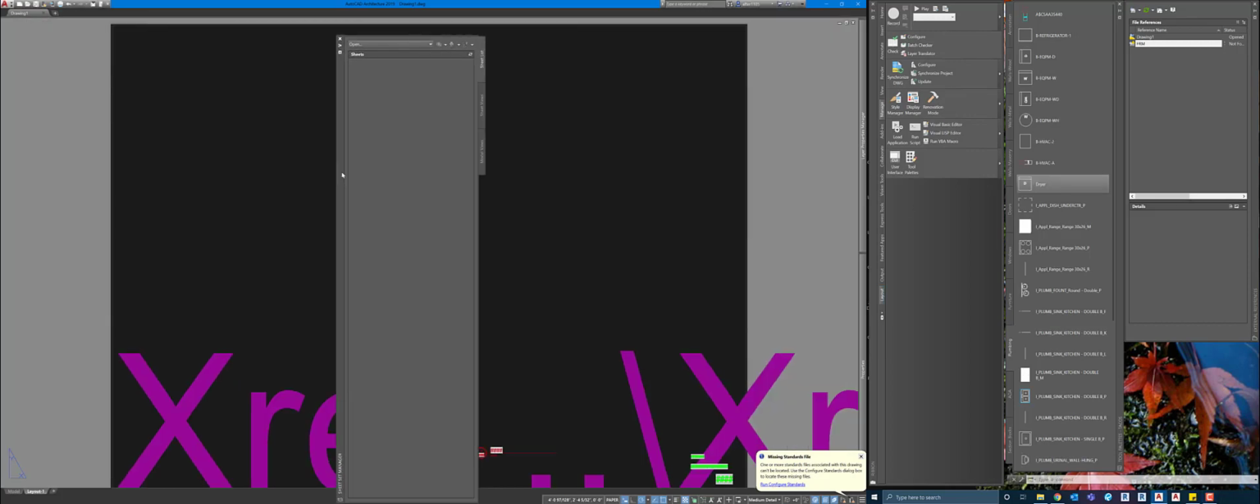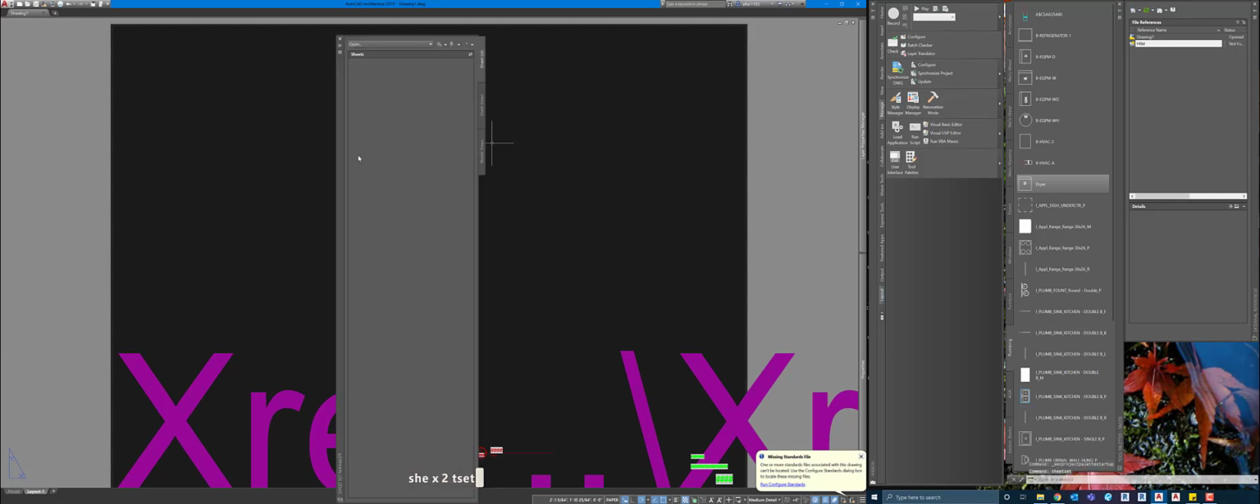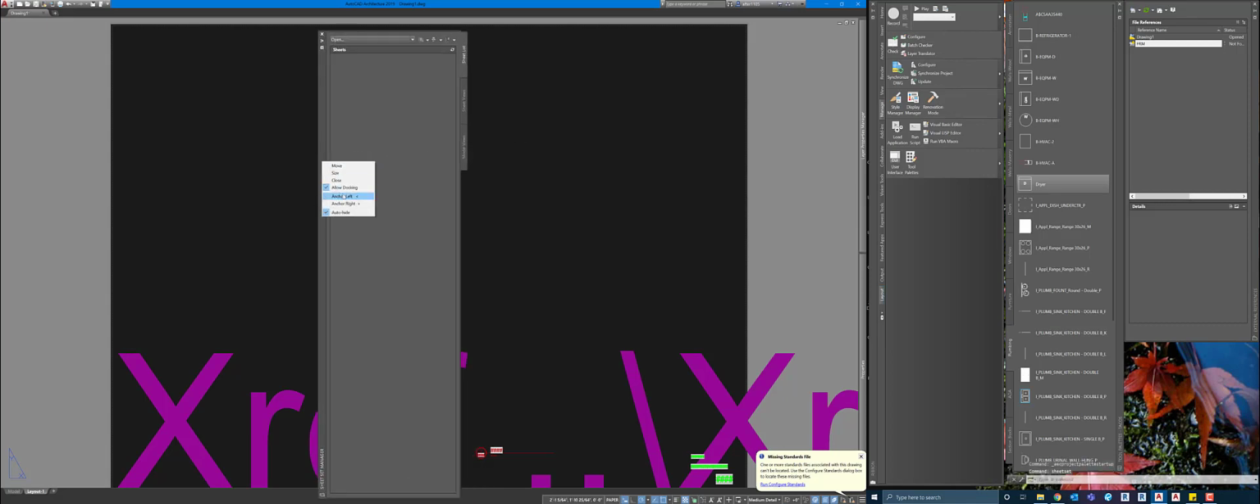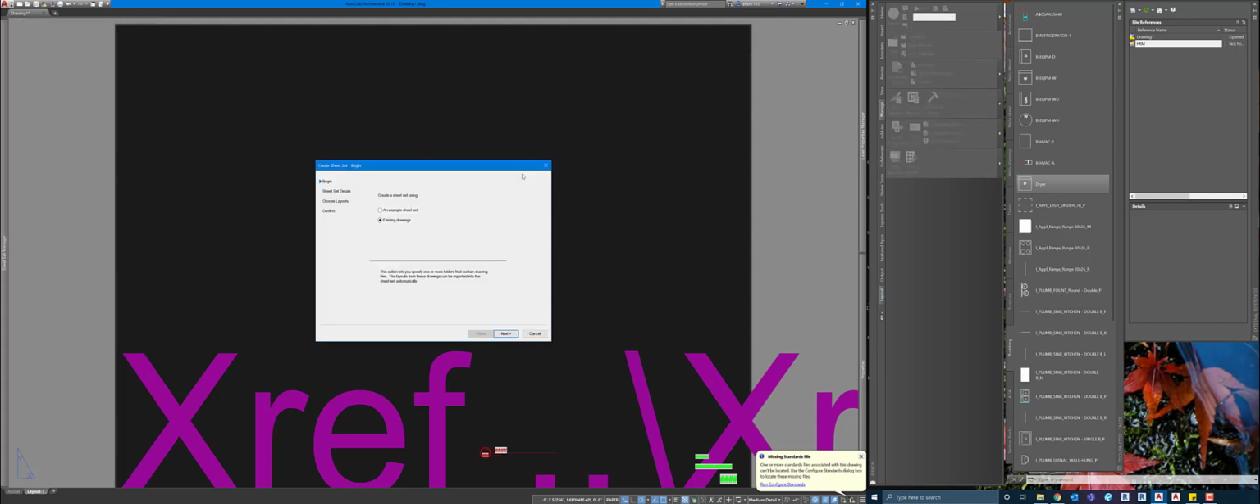You'll need the sheet set manager. If you don't see this particular ribbon, the command I believe is sheet set. I'm going to go ahead and dock mine on the left. I'll have it there. Now I've set up a couple of things in advance in a folder